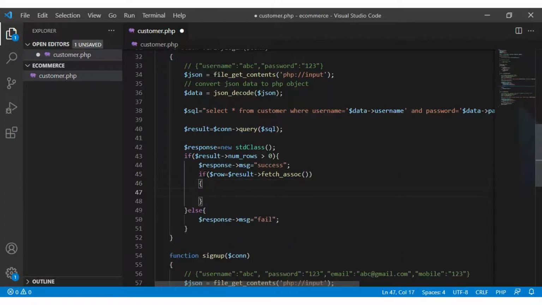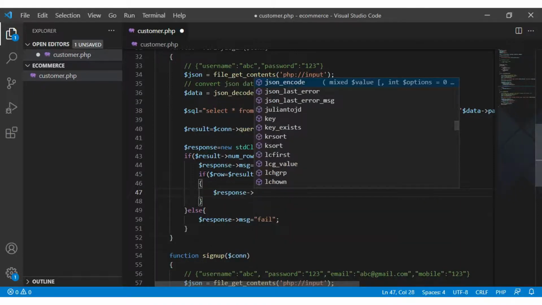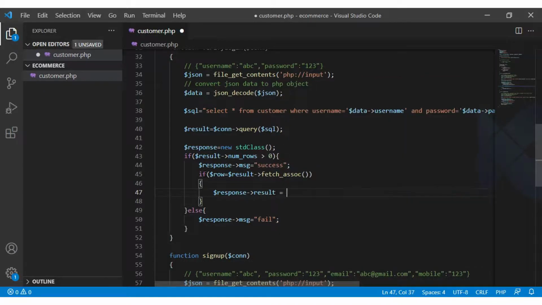It will return the row from our select query, and I want to attach that row to our response object. So I can have one more property with our response object, that is result, and result equal to $row.